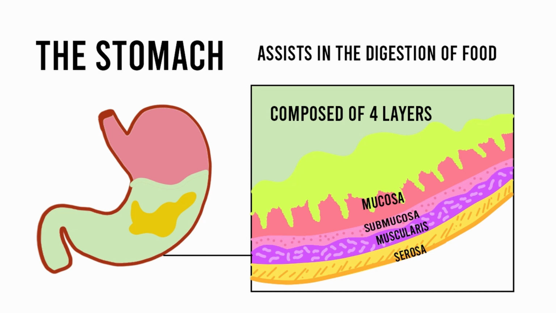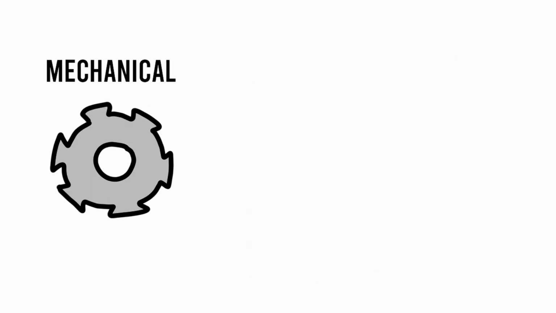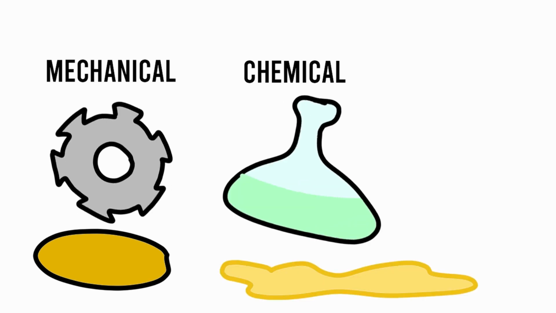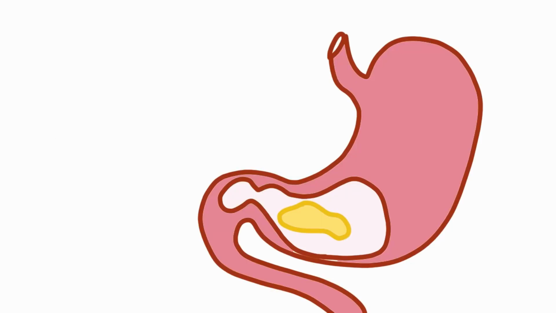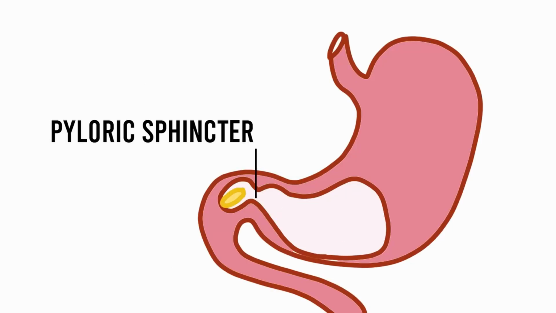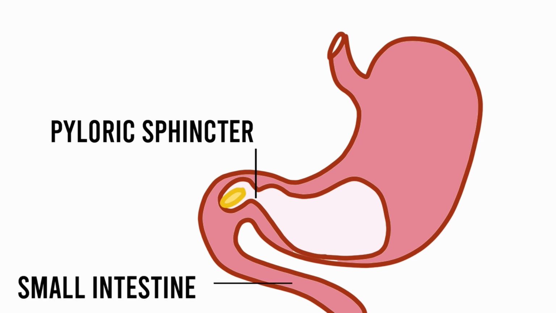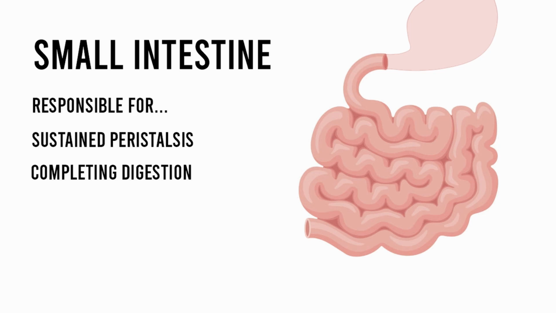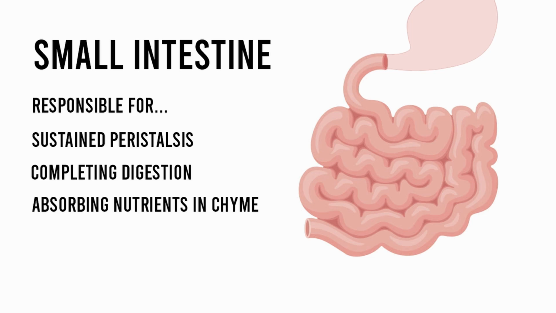The stomach's mechanical and chemical digestion turns the bolus, which entered from the esophagus, into a paste which we refer to as chyme. The chyme is squirted out of the stomach in controlled amounts by the pyloric sphincter into an organ known as the small intestine. The small intestine is an organ responsible for sustained peristalsis, completing digestion and absorbing the nutrients within